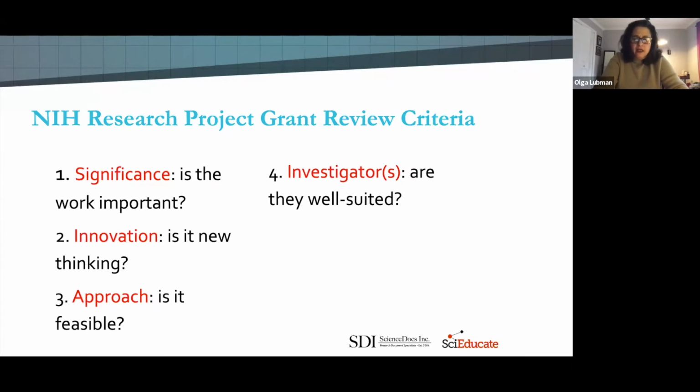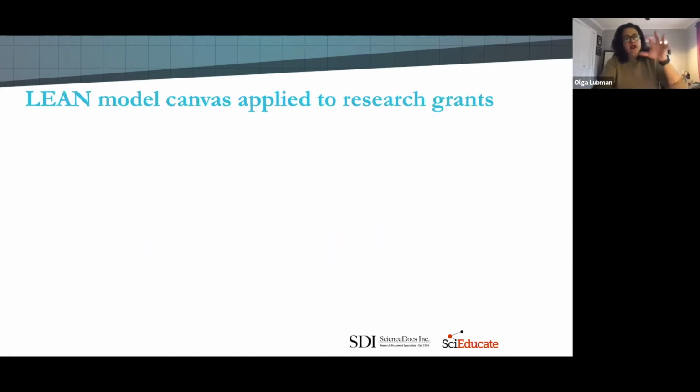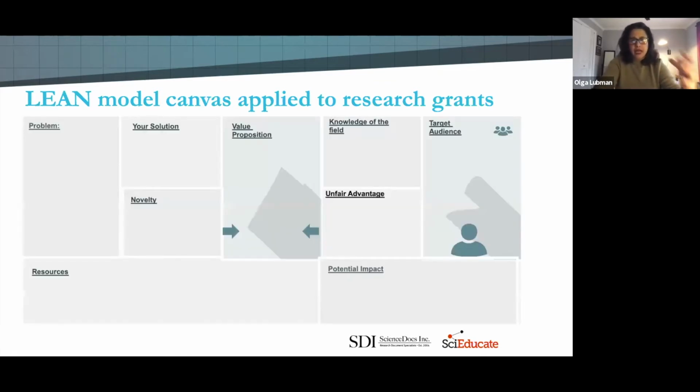And lastly, the environment. Your institutional support, where you're at. Is there adequate support and resources for you to be able to do the work that you're proposing to do? So these 5 elements, you can then apply and make this lean model canvas and apply it to how to write